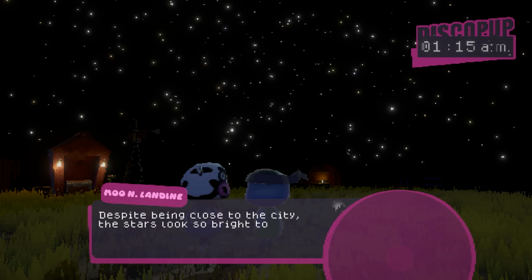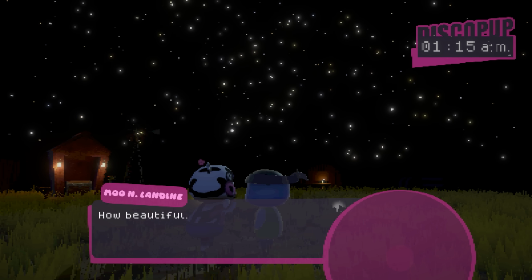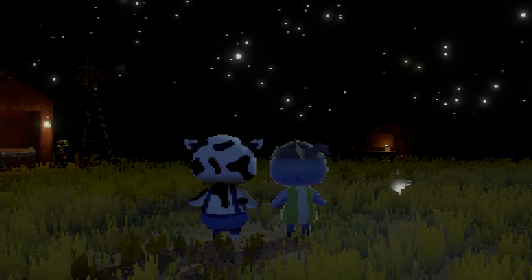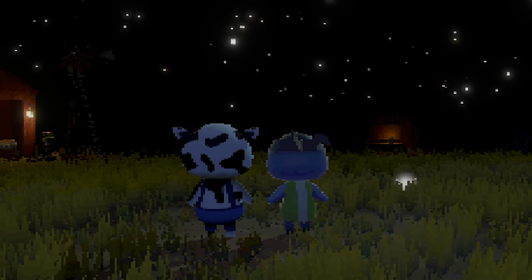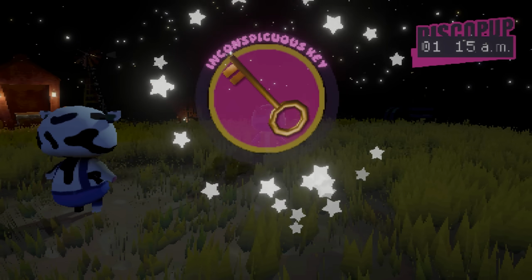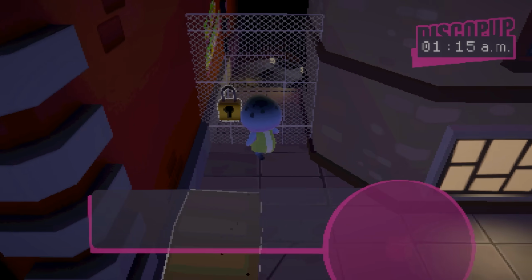So far though, this loop had been pretty chill, and there's a particular field I went to that featured a lone cow gazing at the starry night sky while peaceful music played. I remember thinking about how much I loved this game already, and even took a moment to just hang out for a bit. It was in this field that I found a special key,